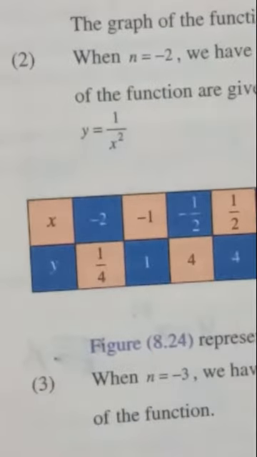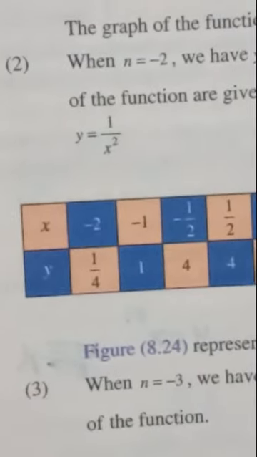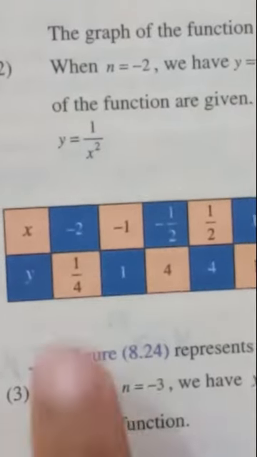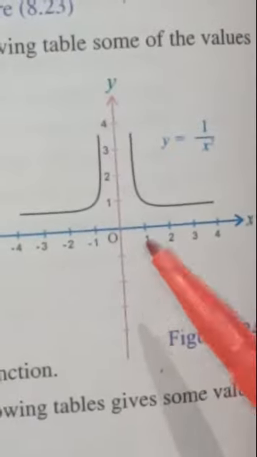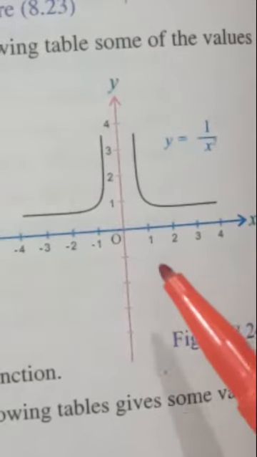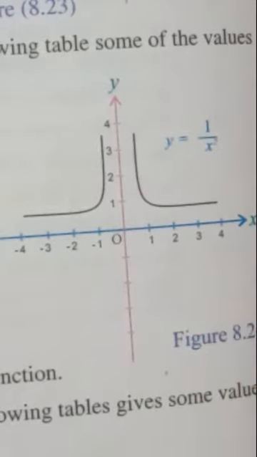You can construct a table like this. You see it here. Plug in the x values from the domain, and the domain values must be real numbers except 0, and you will get the values of y. Make ordered pairs, plot those ordered pairs in the plane. You must pass the graph in this fashion. Remember the shape. This must be the graph of y equal to 1 divided by x square.